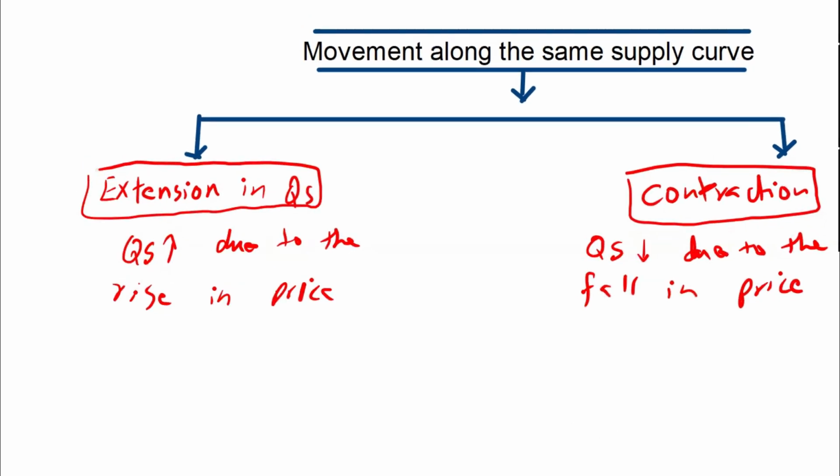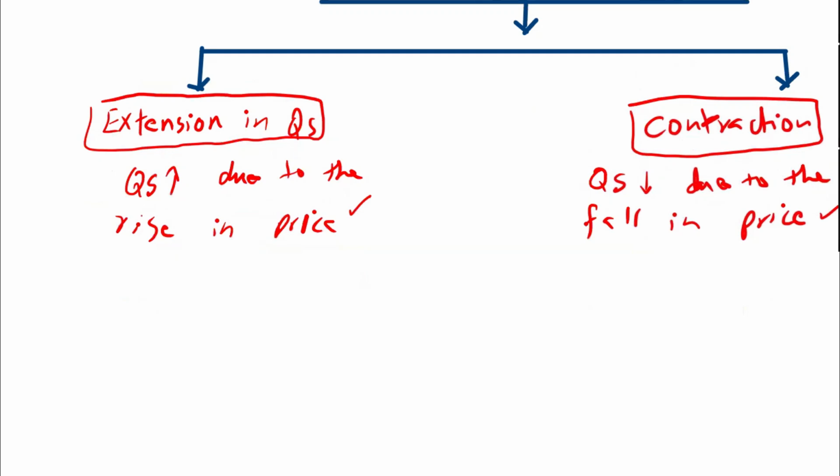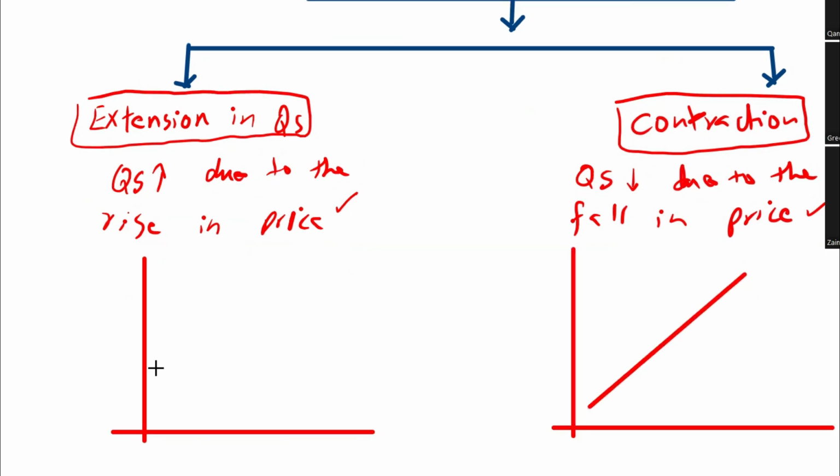But in case of extension, there will be movement along the same supply curve to the right. And in case of contraction, there will be movement along the same supply curve to the left. Now we can look into the graphs of extension and contraction, right? So if I make the graph of extension and then contraction,